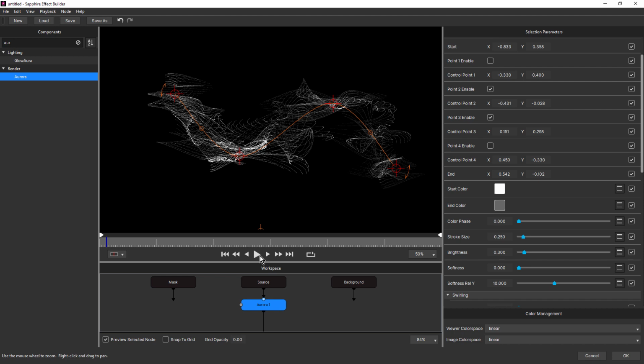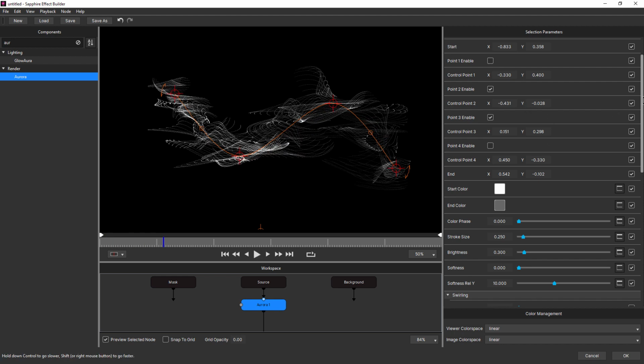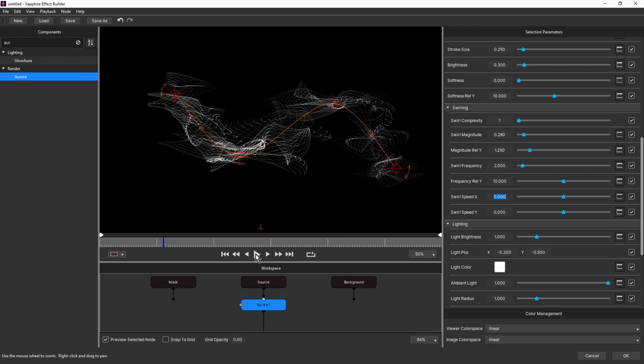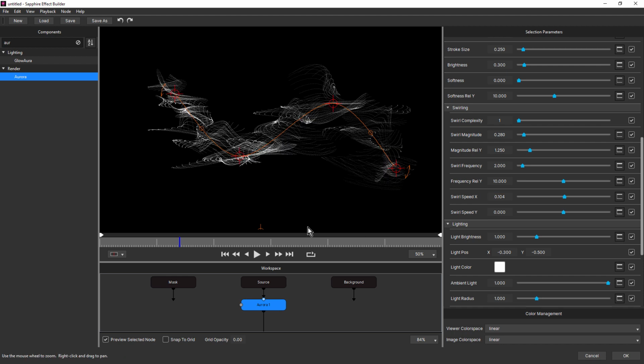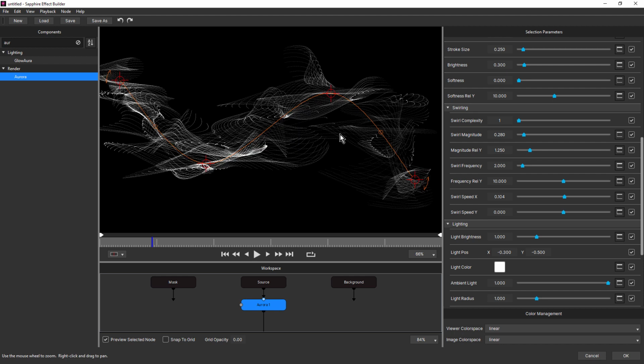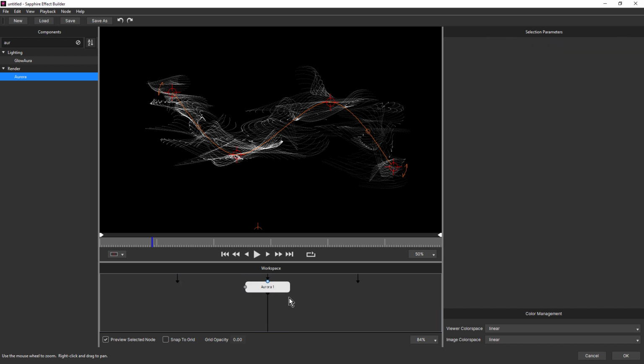This has got some auto animation in it as well. And that's being created by the swirl speed. Just make that 0. Yeah, so now we have it completely stationary. I think we should actually undo that and just give it that swirl speed. It's nice to have some motion there. So let's use that as a base. And we'll come back and make some adjustments when we've added some more effects. So I'll just select that one.